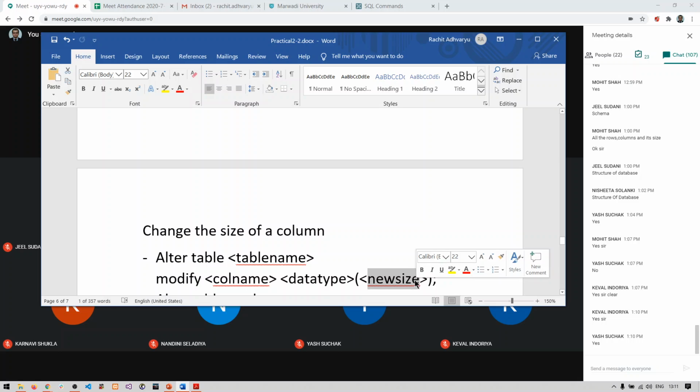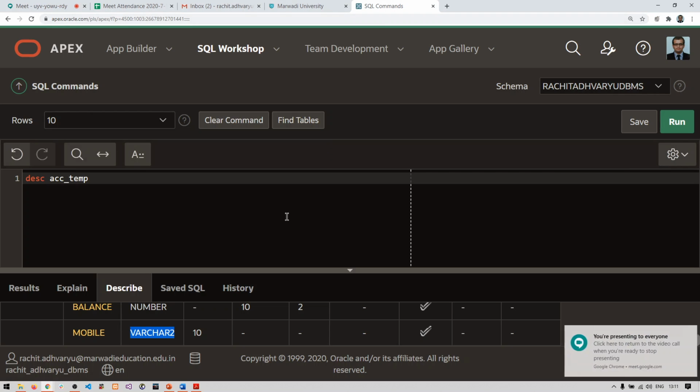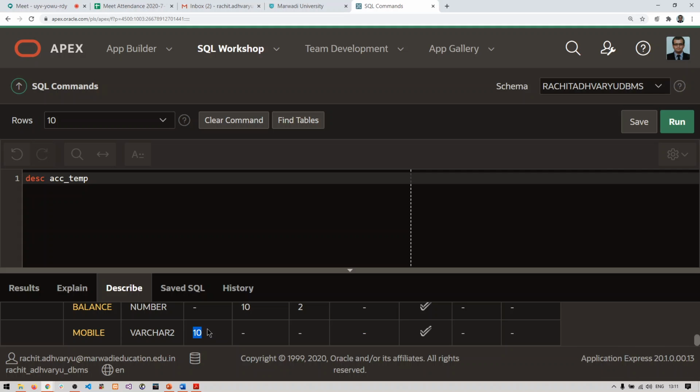So what you can do is you can change the data type as well as the size of the column together. You can directly provide new data type here and new size here. That is okay, right? So let us take the example for this. Here the size of mobile varchar2 is 10. I want to change it to 15, right?